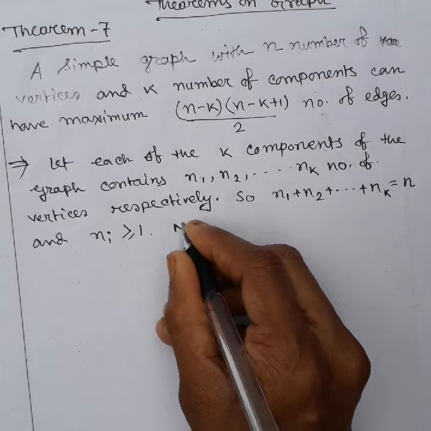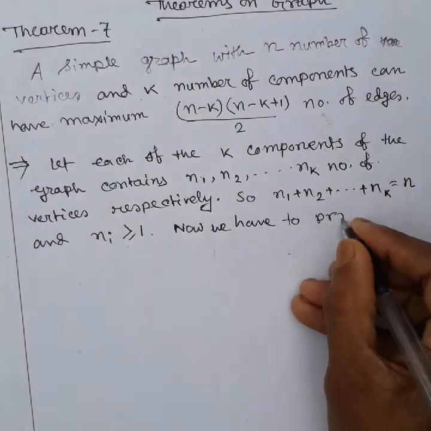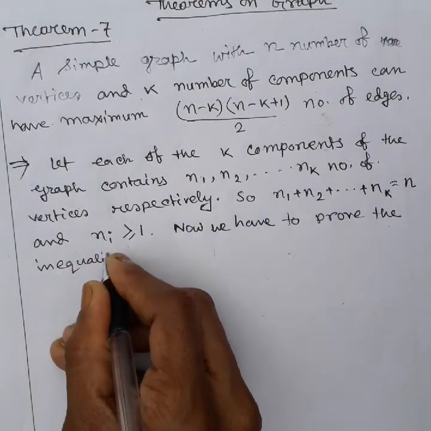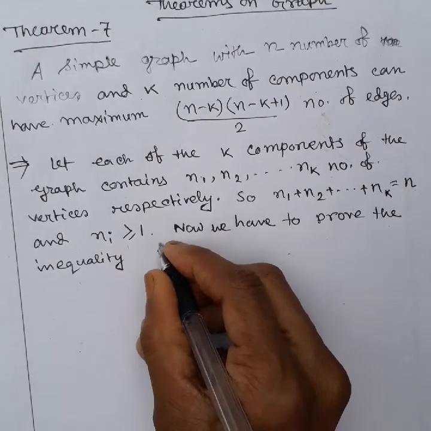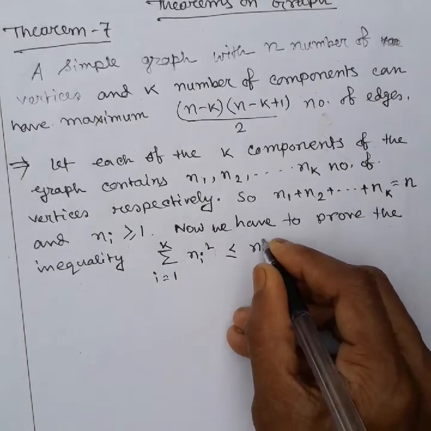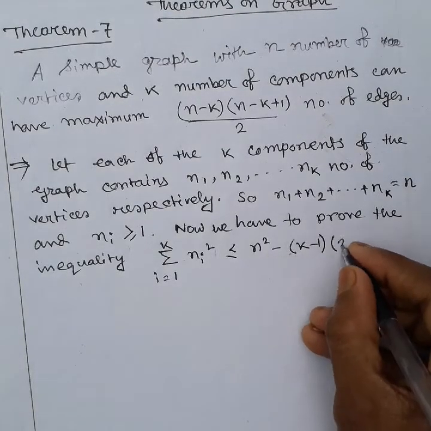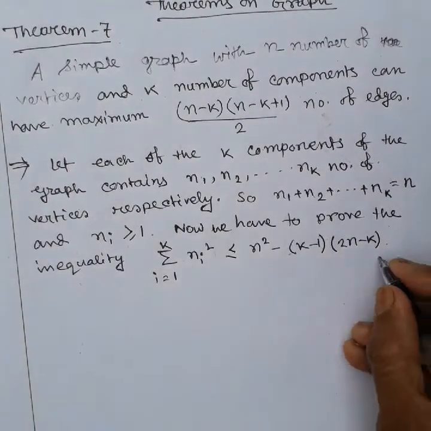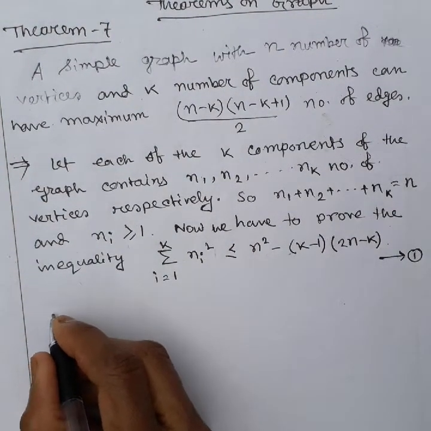Now we have to prove the inequality: summation of i equals 1 to k of ni square is less than or equal to n square minus (k minus 1) into (2n minus k). We have to prove it. Okay, so we know that